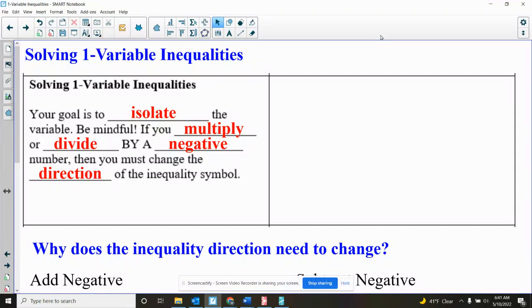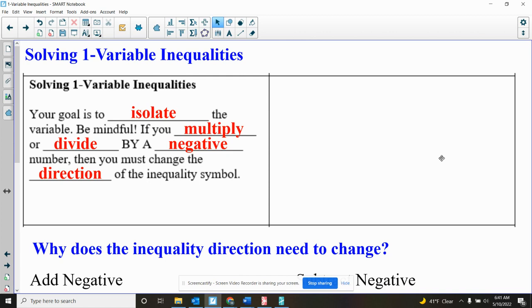Moving on to how you solve these one variable inequalities, here's the first section of your toolkit. Our goal is to isolate the variable, meaning to get that variable by itself. Basically, you solve these the same way you solve equations. The only difference is if you multiply or divide by a negative number, we must change the direction of the inequality symbol. And then over here on this side, you can fill in whatever examples or notes you think are